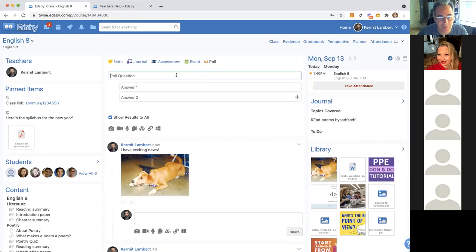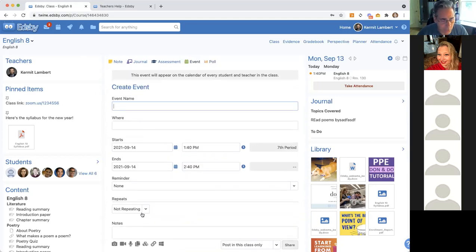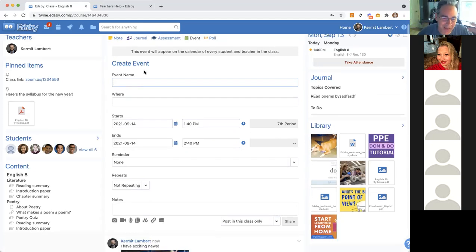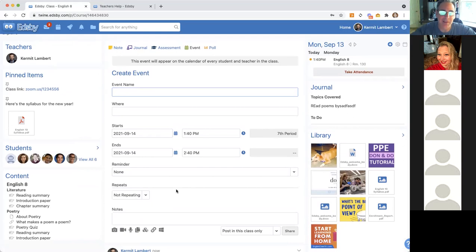So we can ask questions. We can also create events. So if we really are learning about, again, maybe this is English, I'm not sure, but we're doing Call of the Wild, right? So we're gonna have to study animal behavior, whatever it might happen to be. So we're gonna go again to the dog obedience classes, and we're gonna learn about how we train sled dogs to learn about Call of the Wild, whatever it happens to be. We're gonna go ahead and put that event here in the calendar, and that's gonna be visible in the calendar